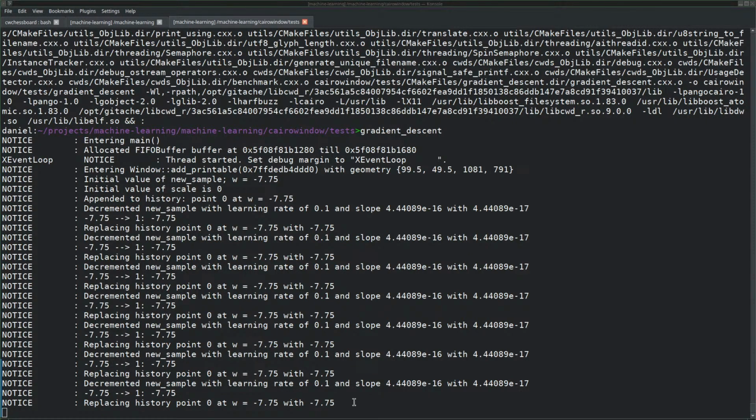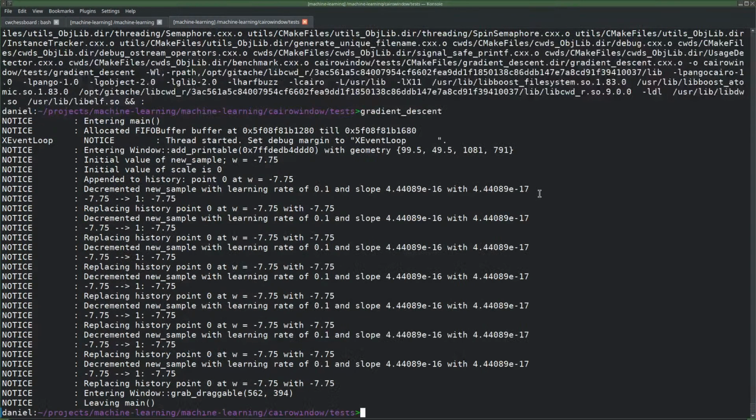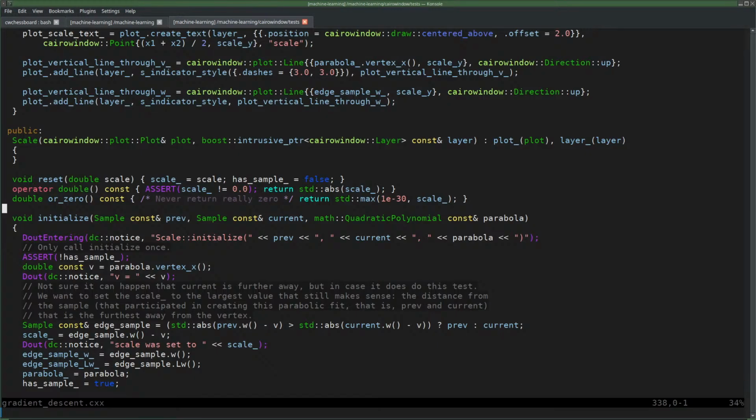So the slope is 0. Therefore we don't make a step. Therefore we stay at the same place, which then is not added to the history, and therefore everything is exactly the same as before. I guess that what we should do in that case,